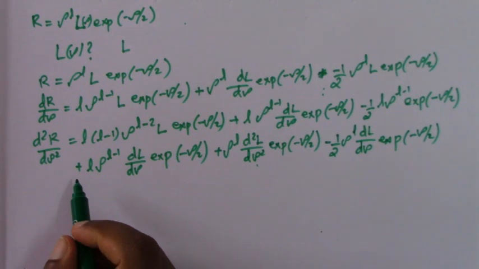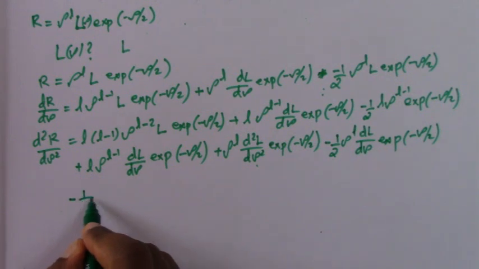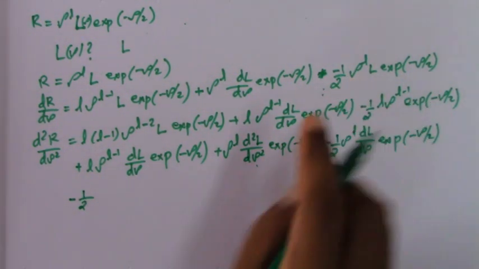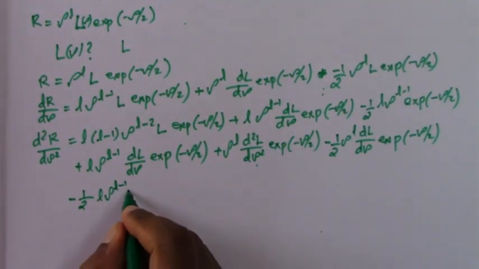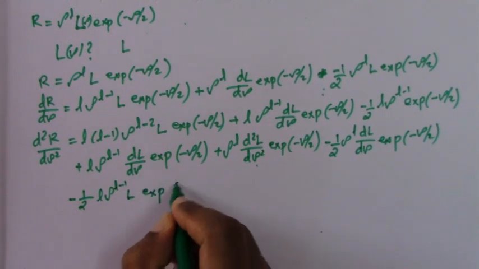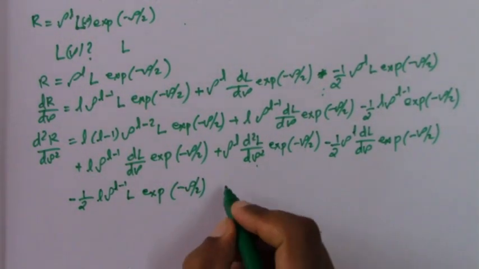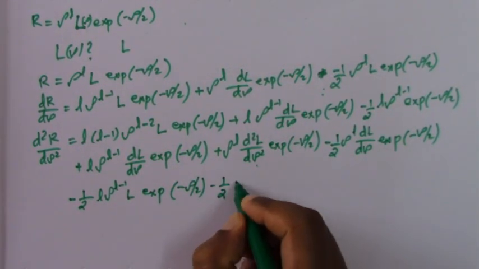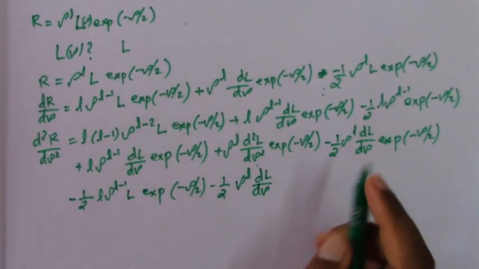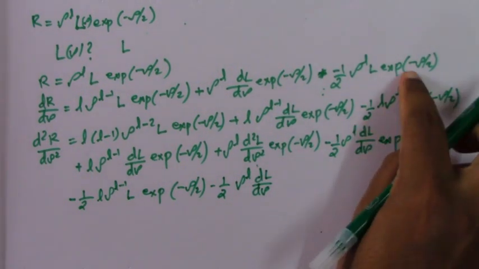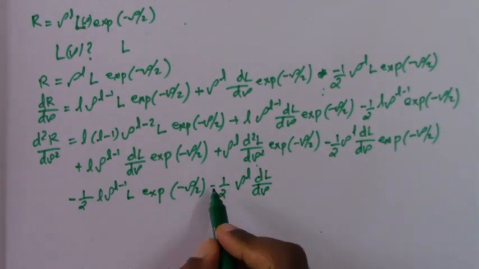Okay, let's go for the differentiation of the third term, that is minus 1 by 2 into differential of the first, that is L rho raised to L minus 1, into second term, into third term exponential minus rho divided by 2, and minus 1 by 2 first term rho raised to L, differential of the second, that is dL by d rho, and the differential of the third, that is minus 1 by 2, then it will be multiplied with this one, so this will become